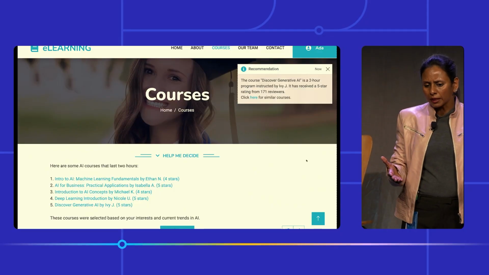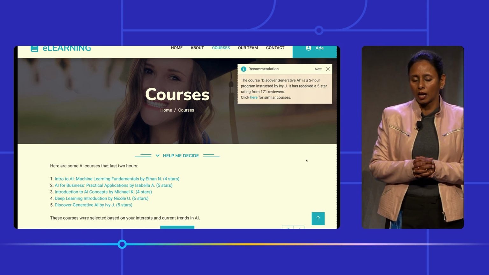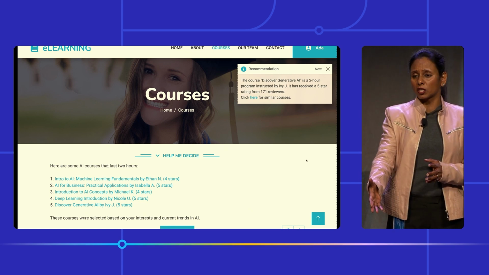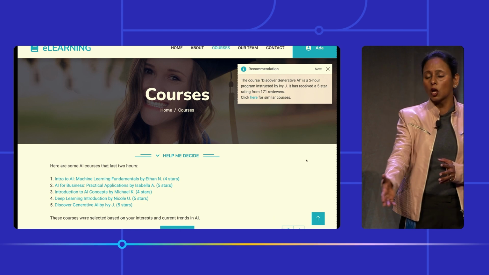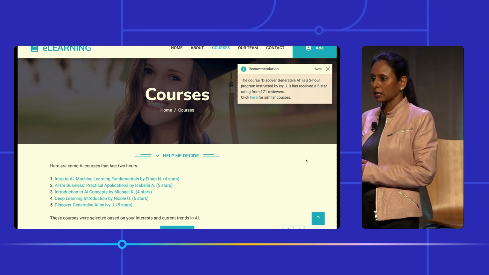You can obviously make this course recommender agent smarter. If you wanted to, you can add your ranking algorithms and how you recommend the courses and whatnot, more data processing steps, etc. But the key thing that I want you to focus on here is that there is no conversational interface here. There is no traditional chat interface here. This is not a conversational experience at all.